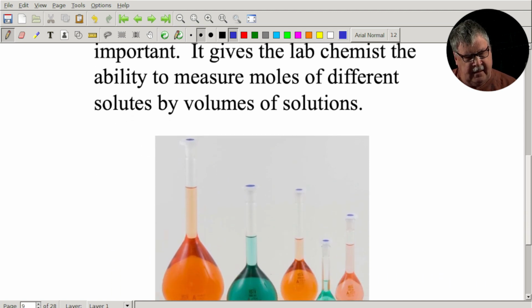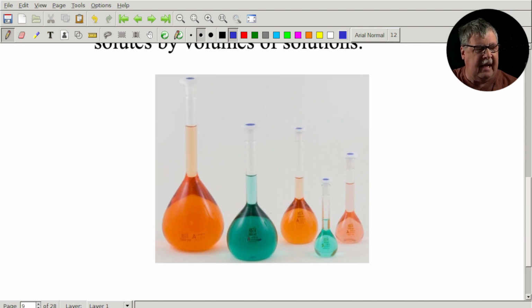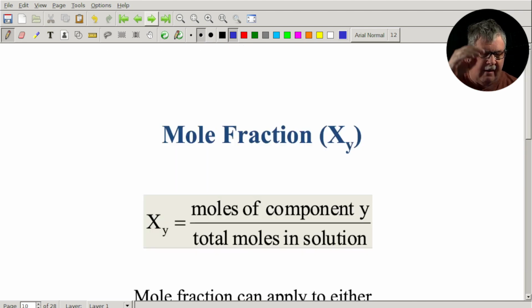All right. So, one of the tools of the trade of precise concentrations is the volumetric flask. And again, that's something you've probably seen in Chem 1. You'll certainly see it again in Chem 2 lab. We use volumetric flasks several times in Chem 126. All right, but again, you want to be familiar with molarity and the calculations involved with it.